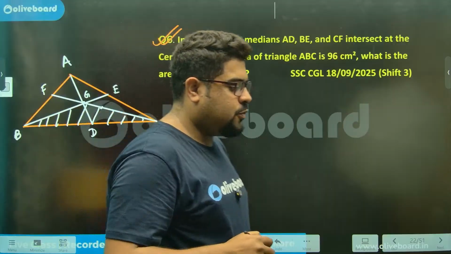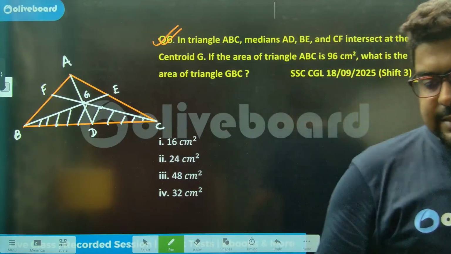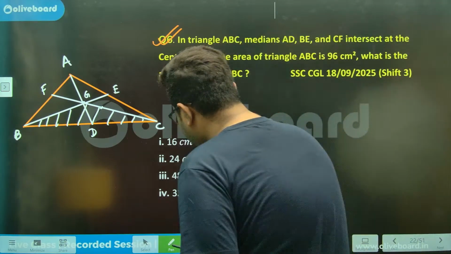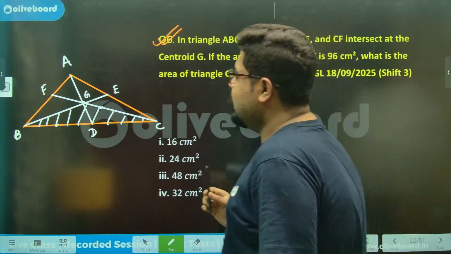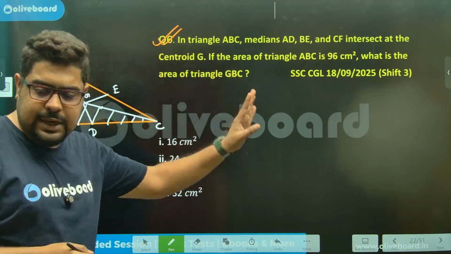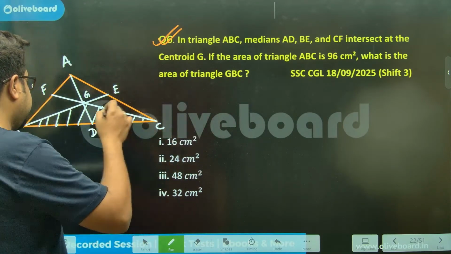They are asking you to find the area of this portion, sir, given that the total area is 96. Now, again, those who know will say, sir, if you draw all three medians of any triangle, you get